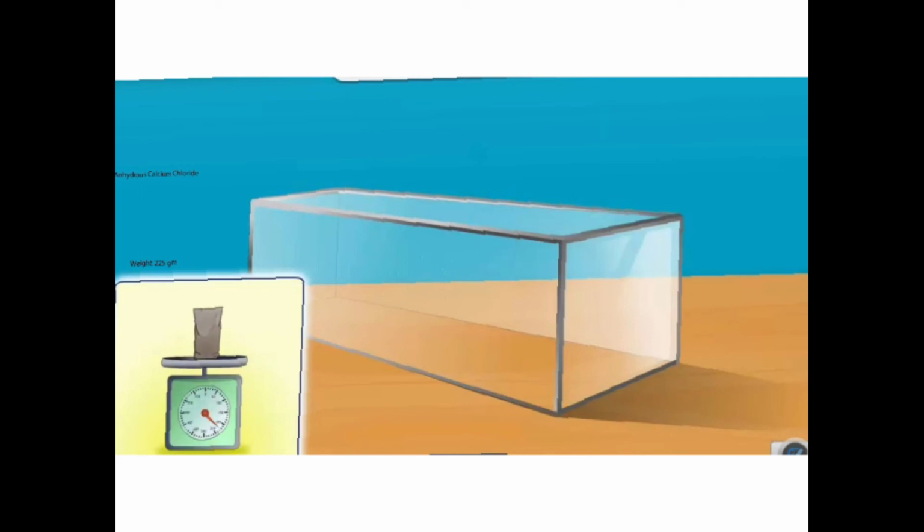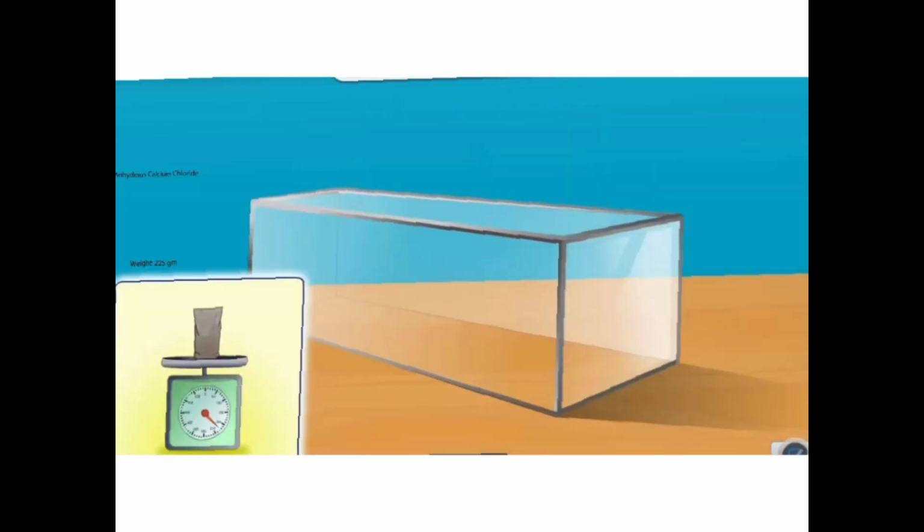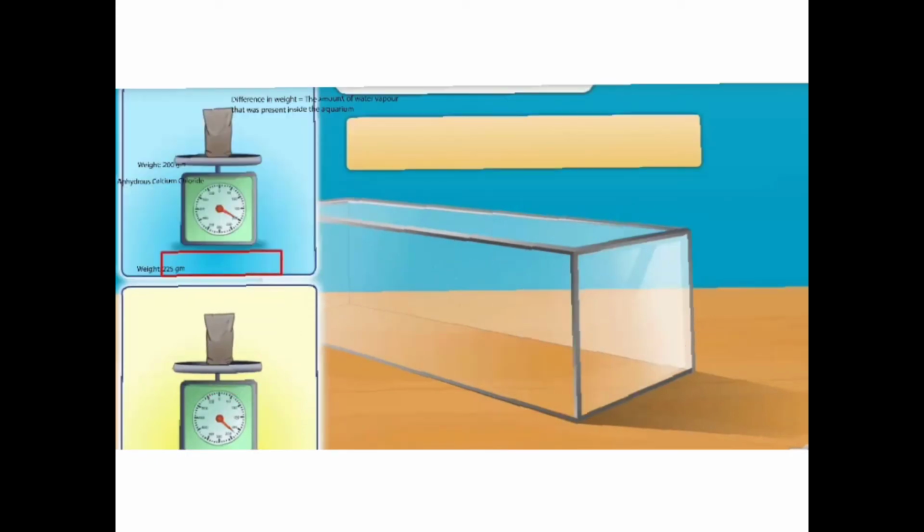Followed? Another simple experiment you can also do, children. You take one container, or you can take this aquarium box as given here, and keep calcium chloride inside, which has the property of absorbing water. You weigh it on this weighing scale. Say you have taken 100 grams of CaCl2 and you just keep it inside. Followed? And then after say half an hour, you weigh it again.